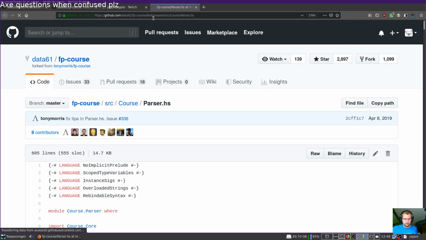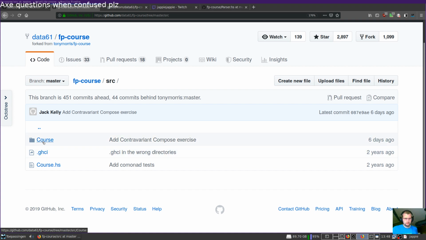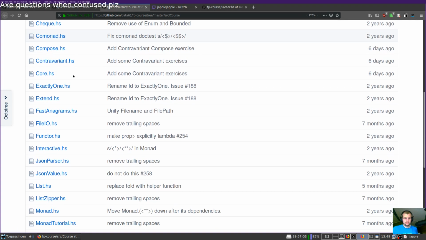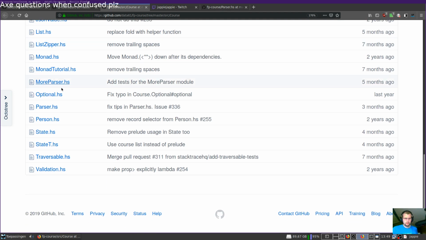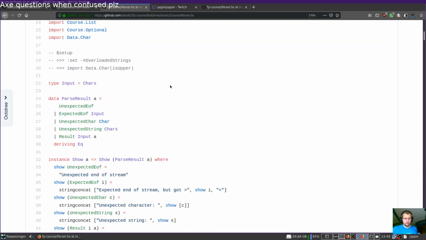Right, so this is the FP course, master course parser. Okay, there's a lot of stuff in here. I've never seen this before. But we're gonna do parser. It's a classical thing to start with, I think.